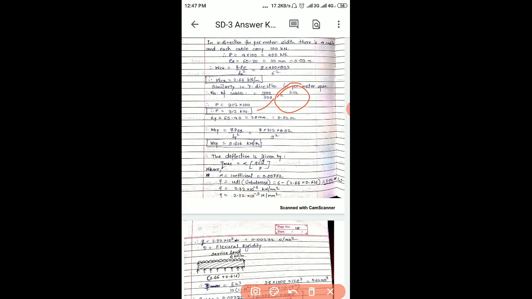Then similarly we have calculated this for y direction. In y direction we'll consider the cover as 40, okay. So similarly we have calculated WCY as 0.616